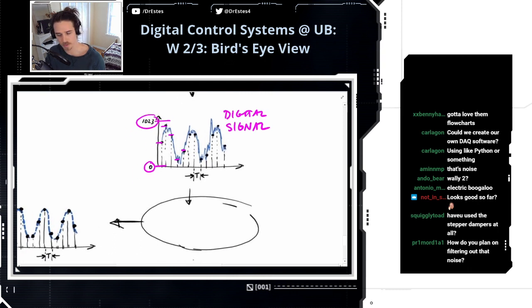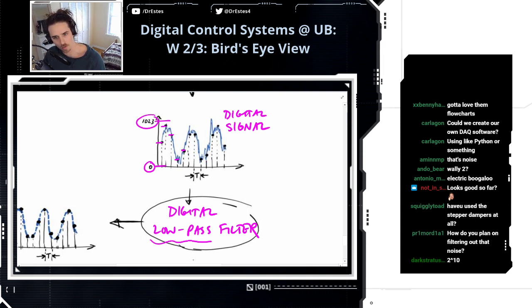Okay, let's just finish this little flow chart here. So let's say I want to get rid of some of this noise. So what's common is to use a digital low-pass filter or some variety of low-pass filter. What a low-pass filter means is I only allow low frequency